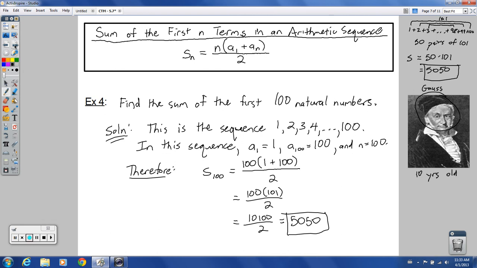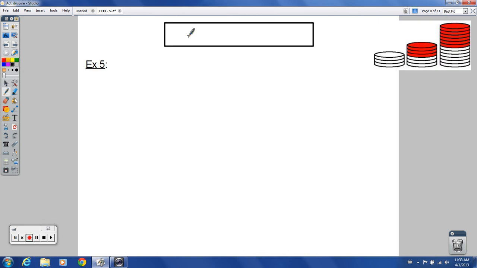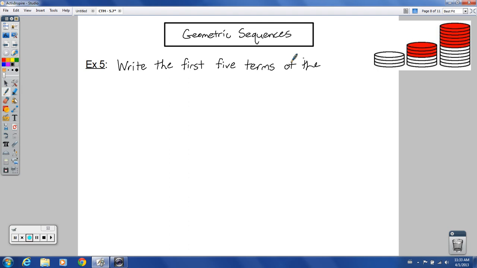But let's check out now geometric sequences at this point. So geometric sequences, this is kind of like part 2 of our notes here. Very, very similar, a lot of similarities between this and what we just did. So I'm going to keep the examples looking more or less the same, except we're going to see the difference between arithmetic and geometric sequences. So here, write the first 5 terms, just like I had you do in example 1, but now with a geometric sequence. Write the first 5 terms of the geometric sequence